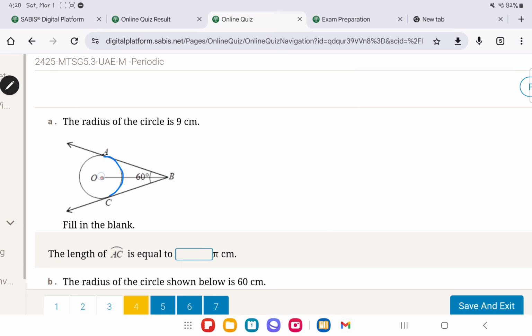If you remember that this is a radius and this is a radius, and these are tangents, by the way. And we know that the radius is always perpendicular to the tangent. So now, this shape that we have over here, this kite shape,